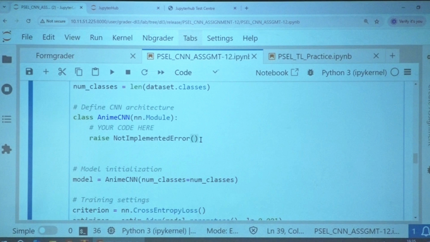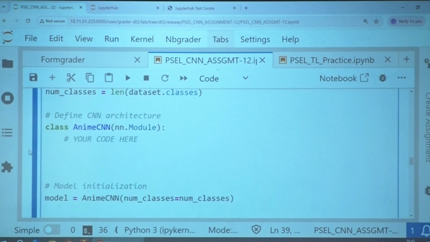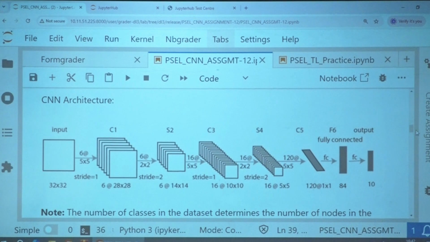In the forward pass, perform the forward operation by applying all the layers on the input. Anybody? It's a very simple thing, implementing a CNN architecture. Define the given layers, and then apply these layers on the input.